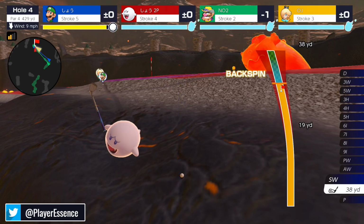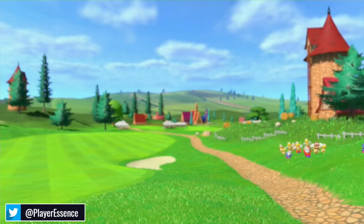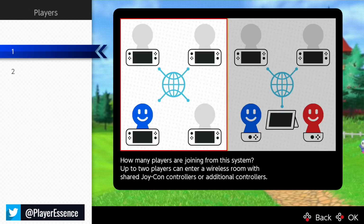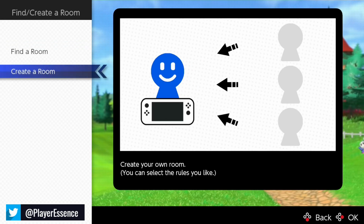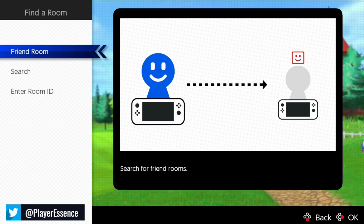But there is no quick play or tournament play in Mario Golf Super Rush. You just have to pretty much put in what you want, or you can put in any, and then whatever lobbies are open, you go in there and play. Sometimes you might have to wait too if there's not enough players,